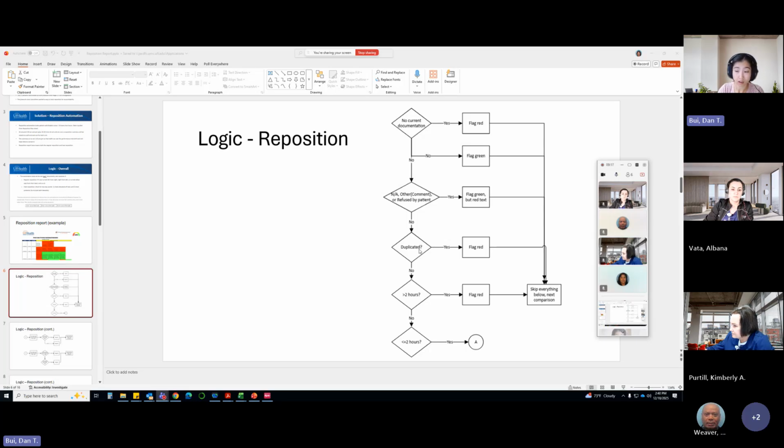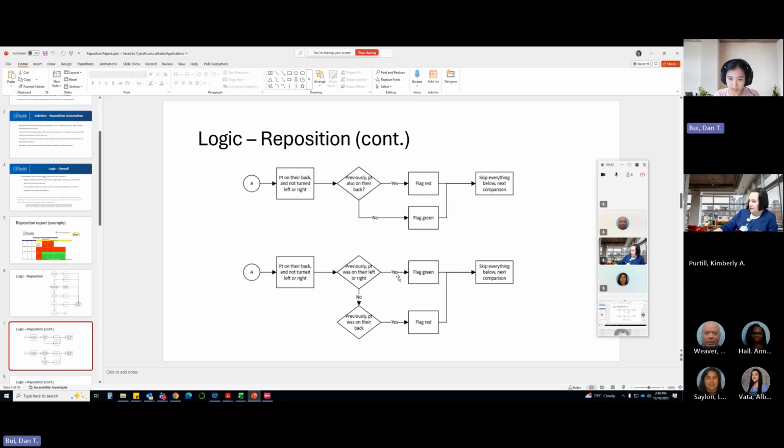This is not logical, so I would also flag that as red. Then if it's not duplicated and not illogical like that, I would check whether it's within 2 hours or not. If it's more than 2 hours from the previous entry, I would flag it red. If it's within 2 hours, then I would check other conditions, which is the next step.